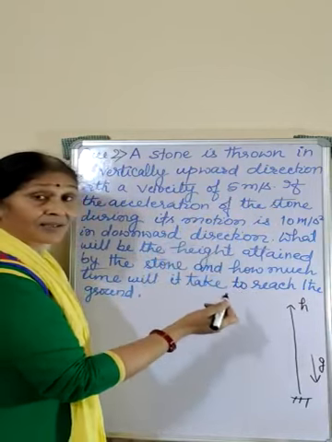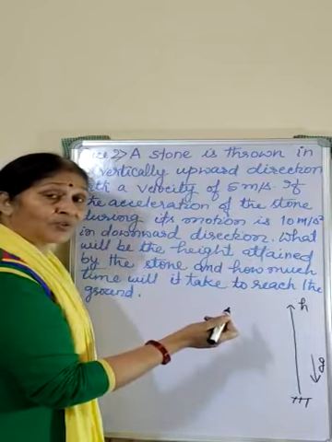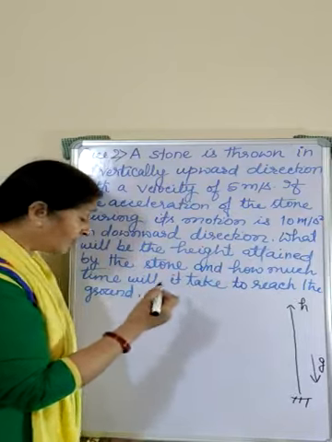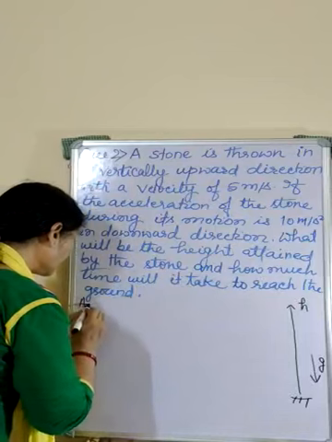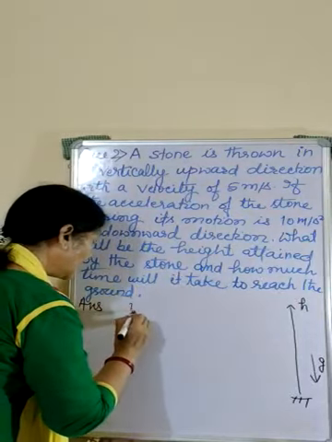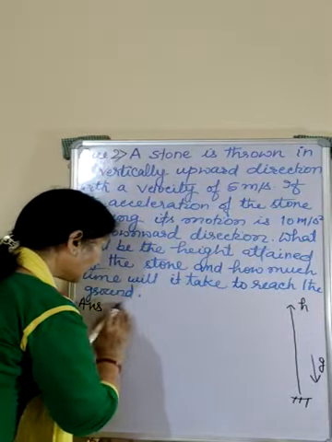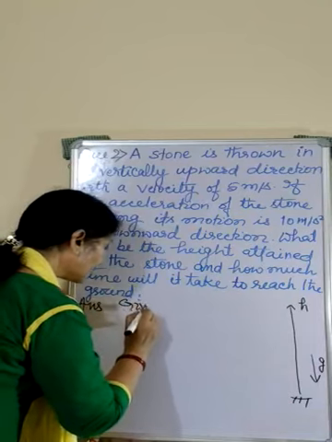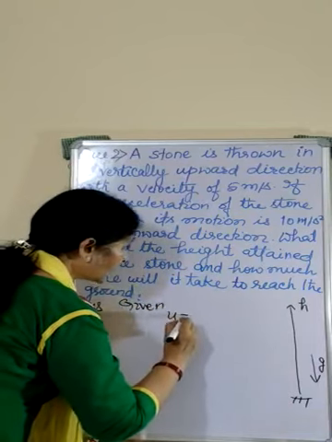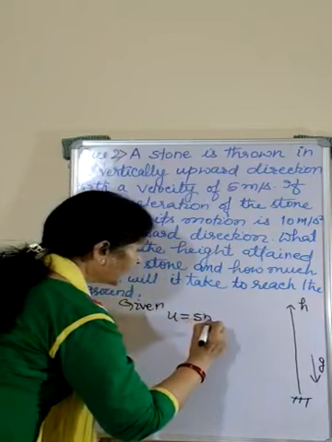So which formula will we use? Let us see how we will decide. The initial velocity is given, u is equal to 5 meter per second, v